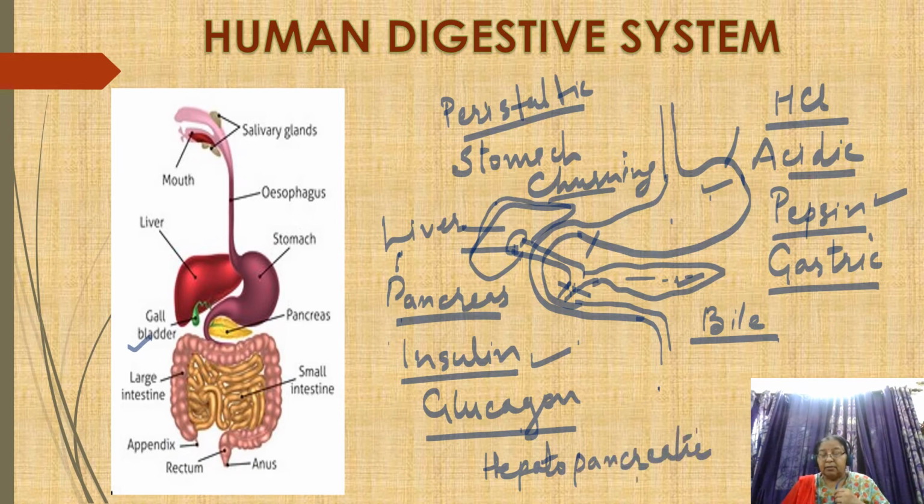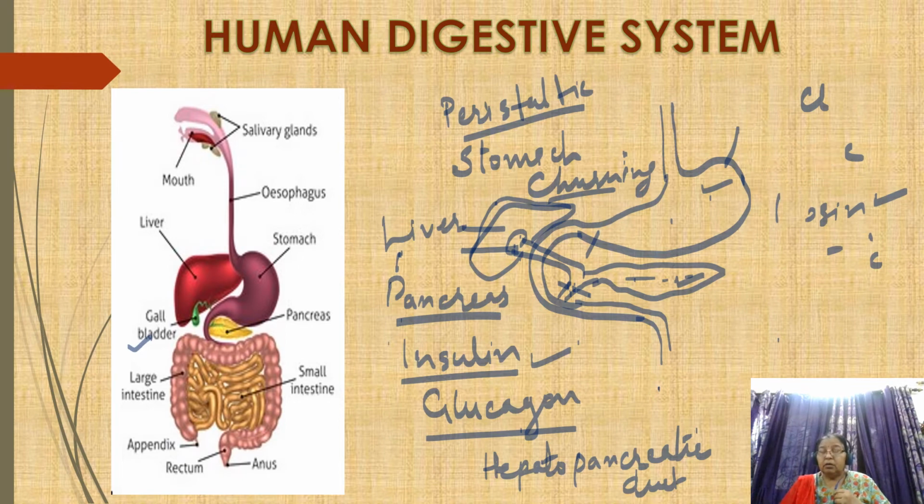Hepatopancreatic duct means pipe, so it will carry the pancreatic juices and bile juice. Now what is the function of bile juice? Bile juice contains some... its function is emulsification of fats,